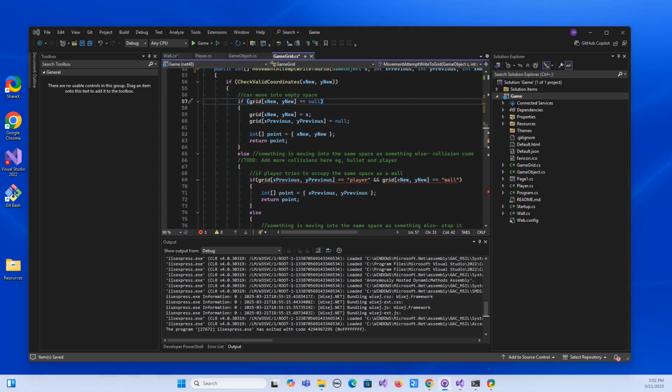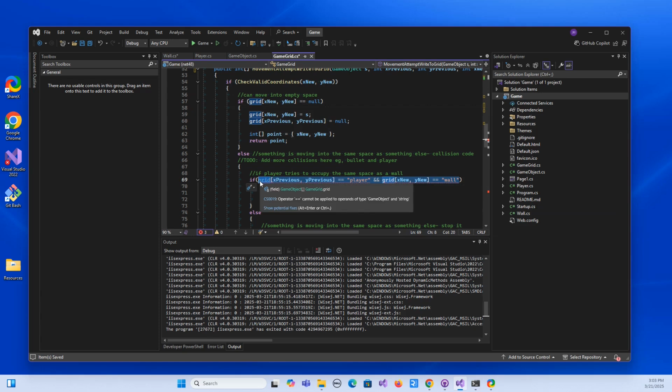And let's see. So this here, we're testing if the object, or well, if the string in that location was equal to player, and if the string in the new location was equal to wall. And instead we're going to test the type, because these are no longer strings. So if I change that, oh,